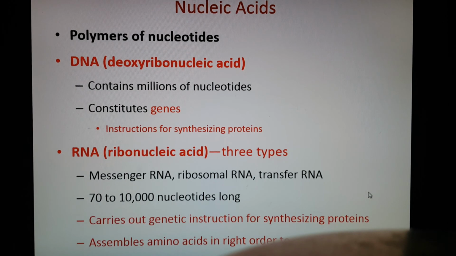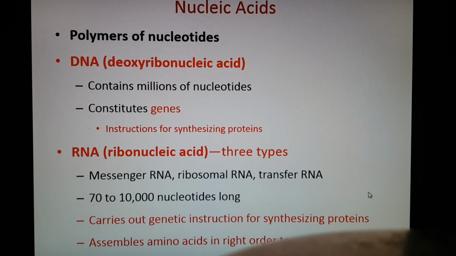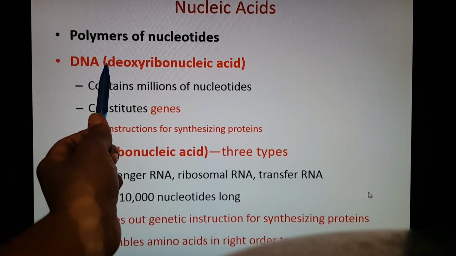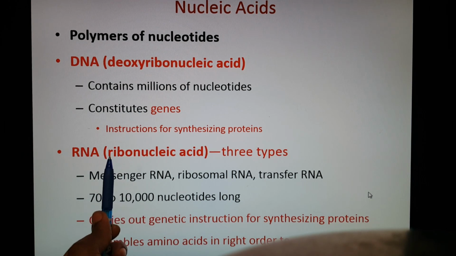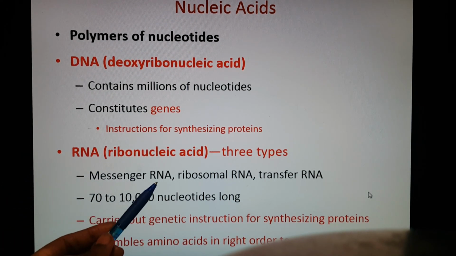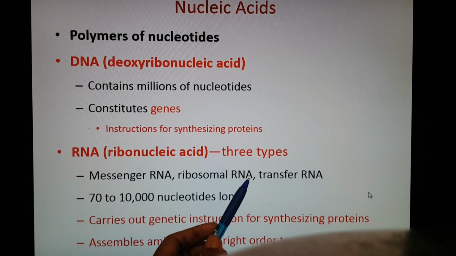The other type is RNA, and there are 3 types of RNA. It's ribonucleic acid. The difference between them is the sugar. Deoxyribonucleic acid uses deoxyribose sugar, and ribonucleic acid uses ribose sugar. Going back to RNA again, 3 types. You have your messenger RNA, which is a copy of your gene. Your ribosomal RNA, which is necessary